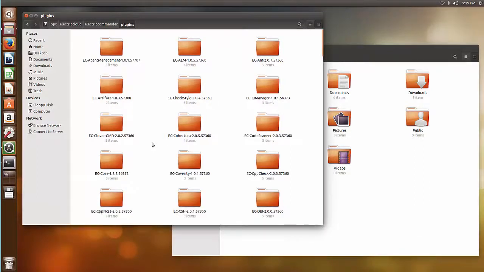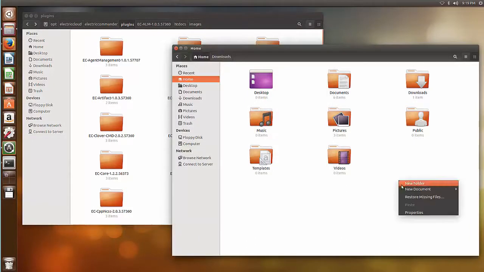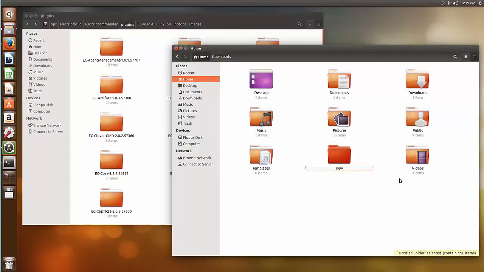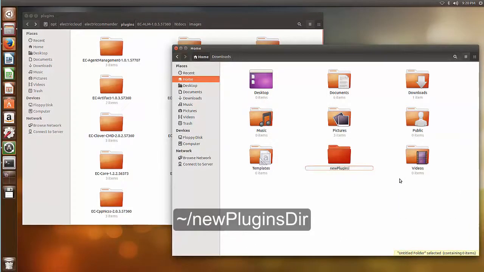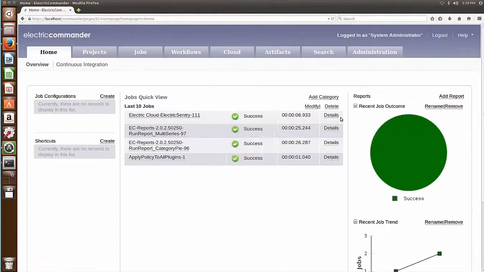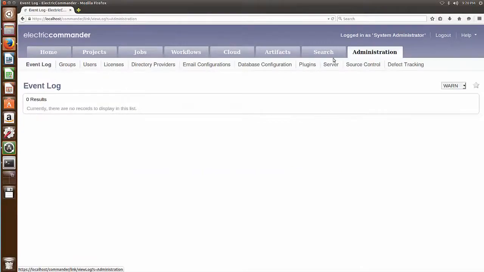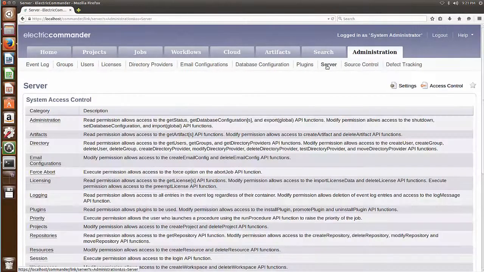Commander also creates a project for the plugin that functions just like any other Commander project and is used to hold procedures, schedules, properties, etc. If desired, the location of the plugins directory can be changed. The important thing to remember, though, is that both the Commander server and the web server need access to its location. To change where Commander looks for its plugins, navigate to Administration, Server,